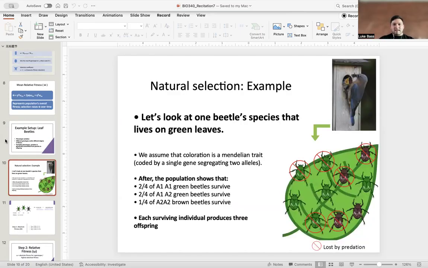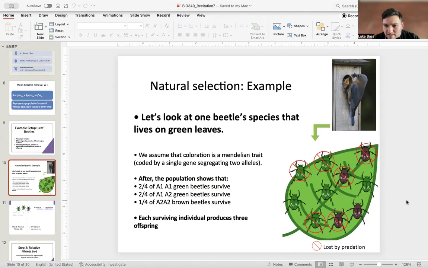So looking at leaf beetle species that live on green leaves, we assume that the coloration is a Mendelian trait, so it's encoded by a single gene segregating two alleles. And we can assume that the green beetles that live on the green leaves have better camouflage so that they actually survive more. So looking here, we have A1, which is the allele for the green phenotype, and then A2, which is the allele for, I think, a brown purplish phenotype. And it seems like A1 is dominant over A2. I think we have a heterozygote here